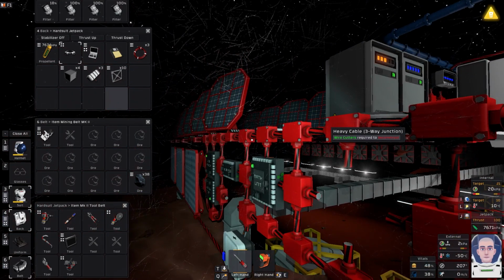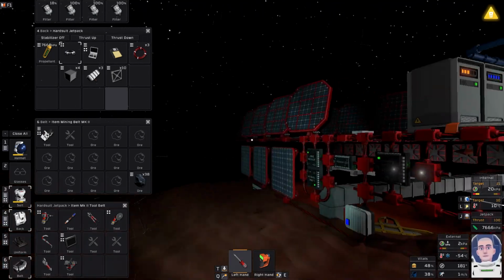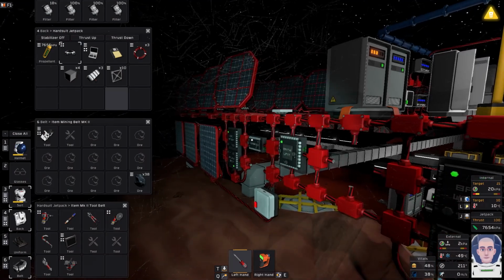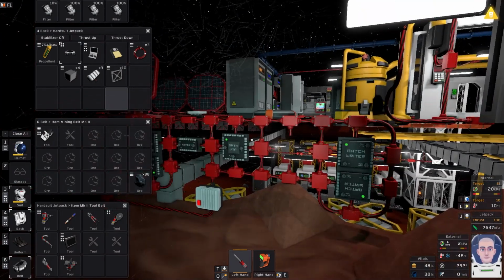Alright, we good? I don't know. I have to wait for the sun to come up. But yeah, I'm pretty sure that will work. So I need to do that in my survival world. Alright, now what we need to do